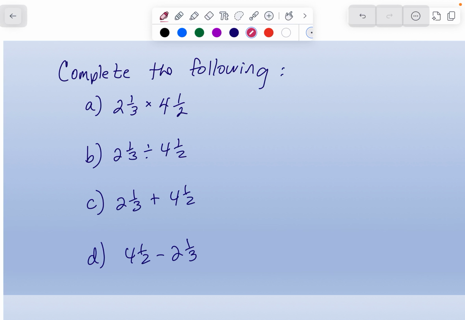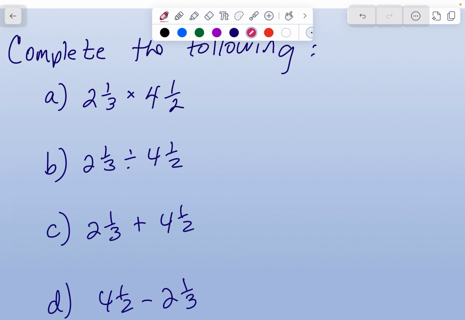So I noticed that some people were struggling with some fractions. So I'm going to show you an example, especially with mixed numbers. I'm going to show you an example of multiplication, division, addition, and subtraction. Okay, so 2 1/3 for multiplication and addition, especially these two, we would want to change these into their appropriate